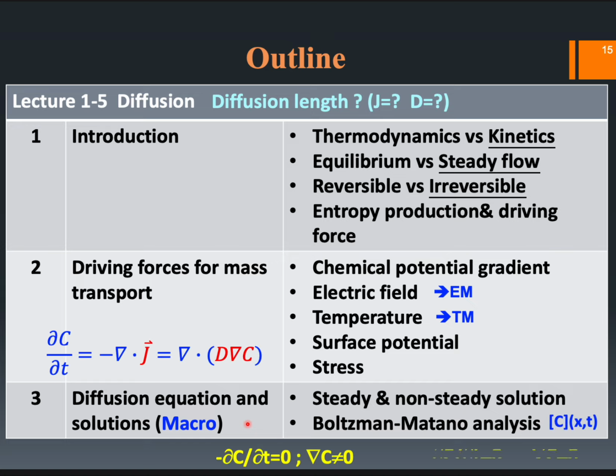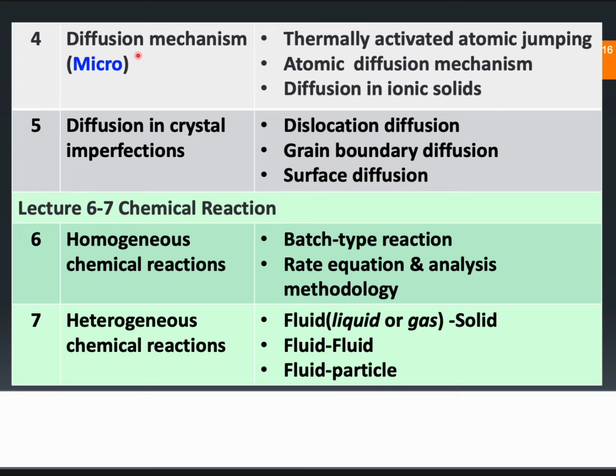We also told you how atoms diffuse through crystals on the micro scale, based on different atomic diffusion mechanisms in metals, and we also addressed some cases in ionic solid